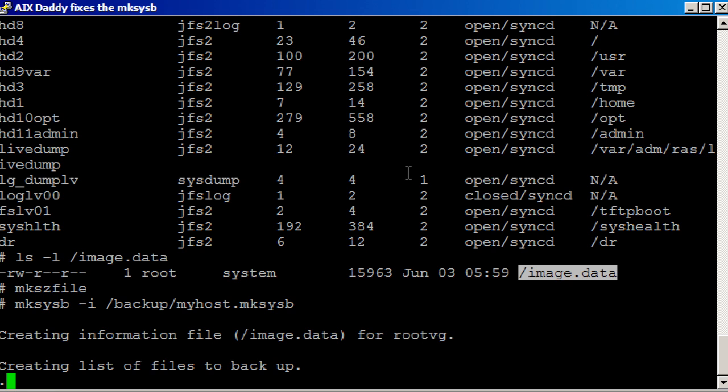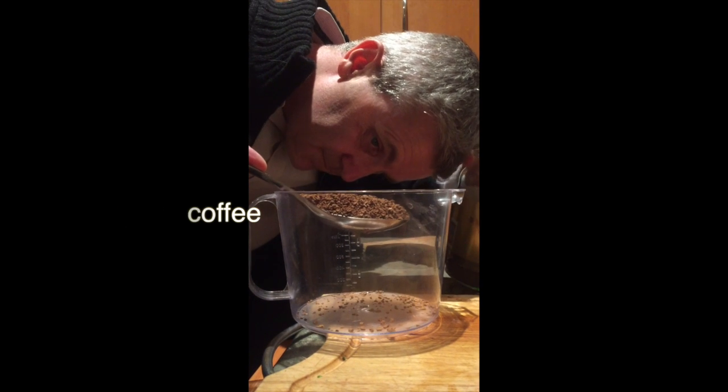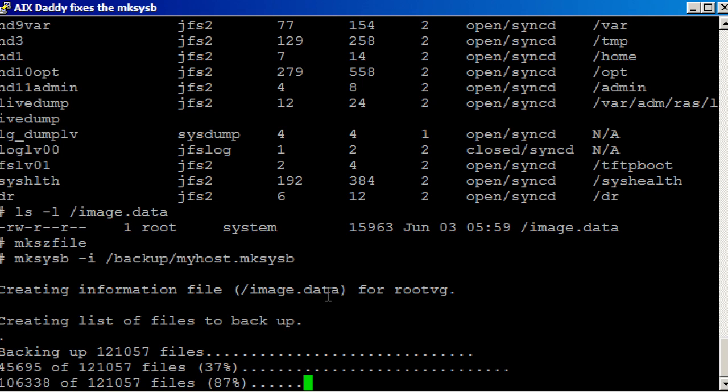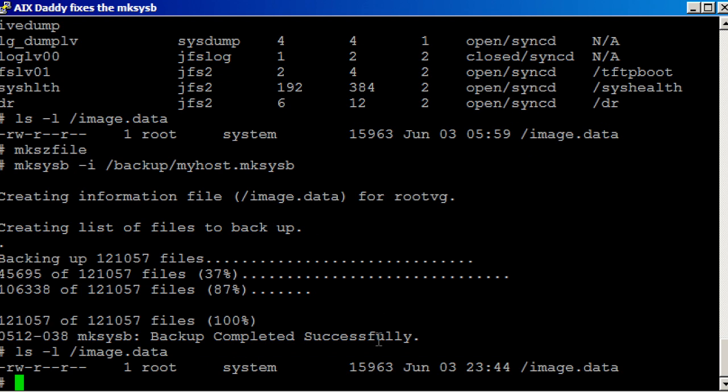Okay, we'll stop the video for a few minutes. Okay, so here we are back a few minutes later, and the mksysb, as you can see, is still running. One thing that you should do to check if your mksysb is up to date is have a look at that file /image.data. Hooray! Finished successfully. So if we take a look at that file, image.data, it's not an infallible sign, because some people will run the mksysb without the -i flag, or they could do the opposite. They could actually run mkszfile, which will create this image.data file,